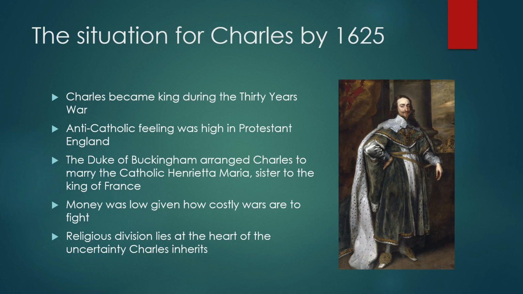The Duke of Buckingham has arranged for Charles to marry someone called Henrietta Maria. She is a Catholic who is the sister to the French king. And this is quite controversial at this time. Buckingham is doing this as a way to, of course, bring union between the Protestant and Catholic churches. But again, as we just said, the church has been Anglican now since the mid 1500s. So again, this is a massive change to try and insist that they go back towards Catholicism. And we're going to see that that's going to have a big impact as time goes on.